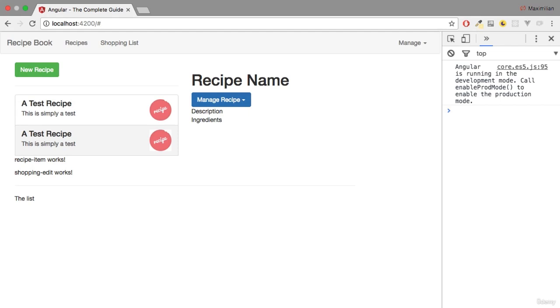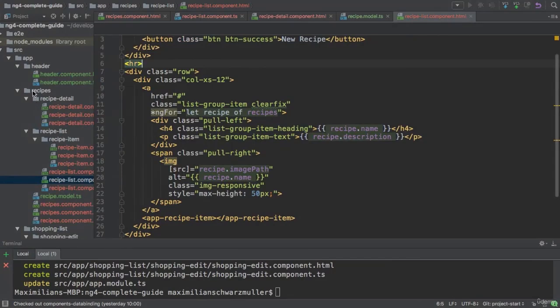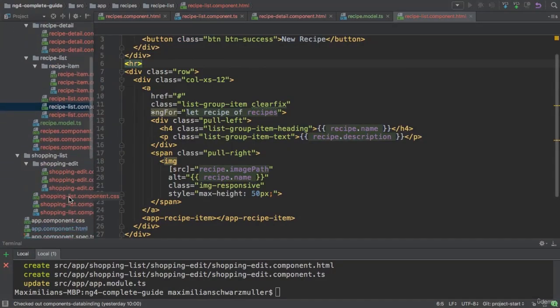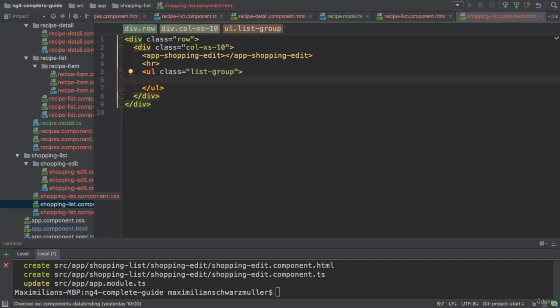We finished, for now, all our recipes components. Let's work on the shopping list now. Now, the shopping list component, if we have a look at it here in our files, here in the HTML file, we already added some content to its template here, but instead of saying the list, I want to output an unordered list with the class list-group, so using this Bootstrap class. And in there I want to have clickable list items, so I'll add an anchor tag pointing to just hash